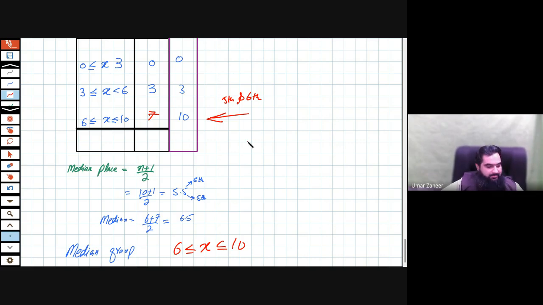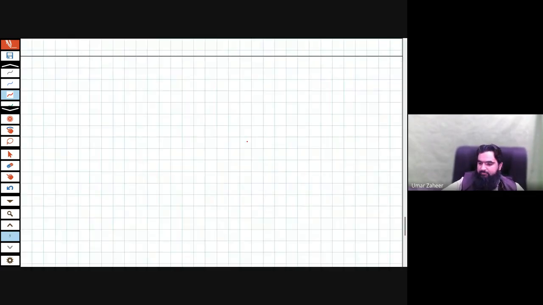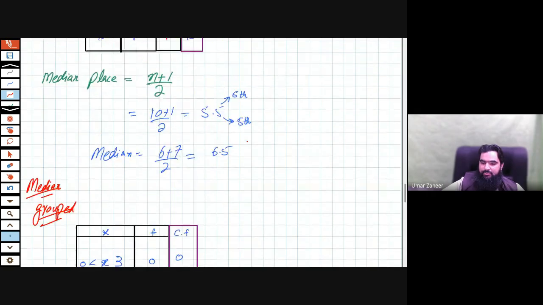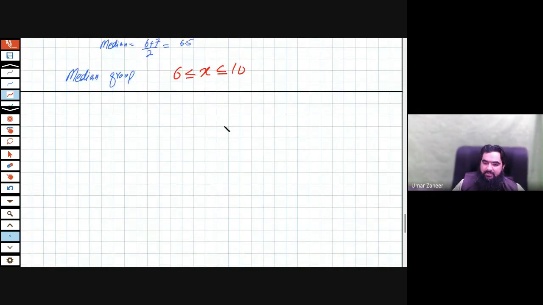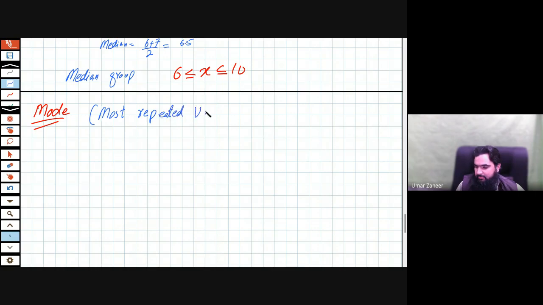Yes, anyone, any question? This is how you have to find the median. Now the last thing, the second last thing, that is mode. The mode is the most repeated value in the data. If you need to find it in the raw data,